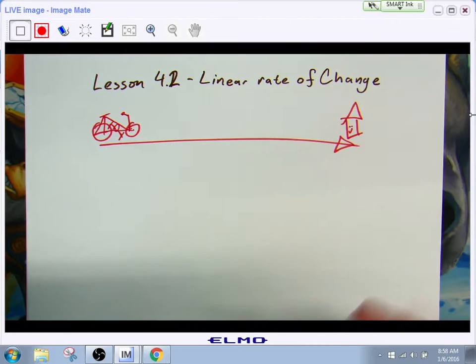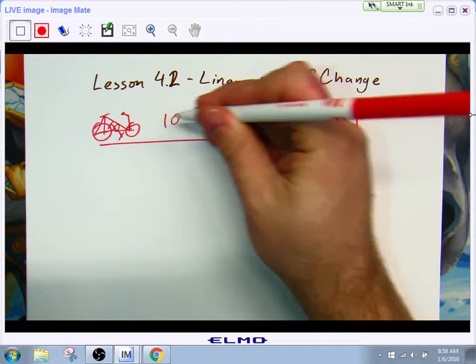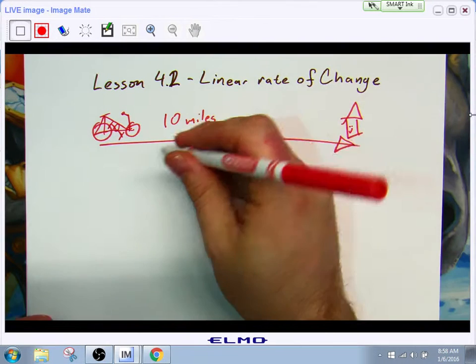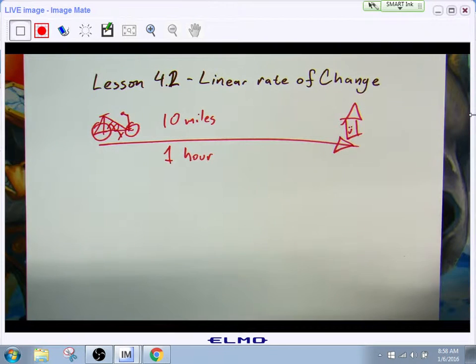And you hop on your bicycle, and the store, let us say, is 10 miles away. 10 miles away. And it takes you 1 hour to get there. Does that make sense? Is that easy enough? Now,